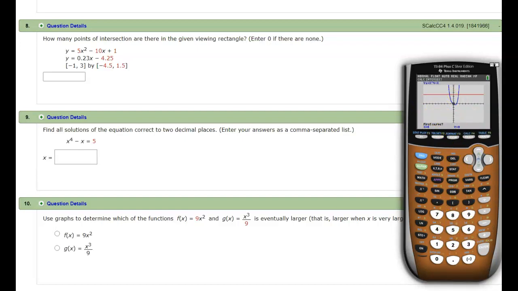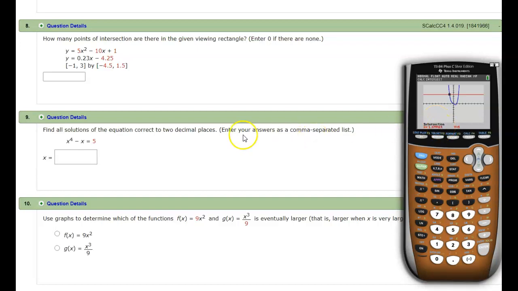It's going to ask me the first curve. I'll hit enter. It'll ask me the second curve. Notice it's the red one now, the other one. And then it wants a guess. Now, I know one is to the left and one is to the right. So I might put a guess in here of -5 and see if it can find it. And the intersection there is